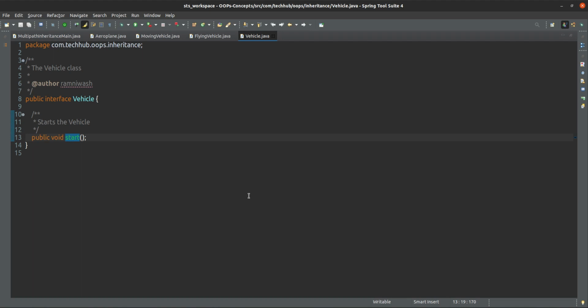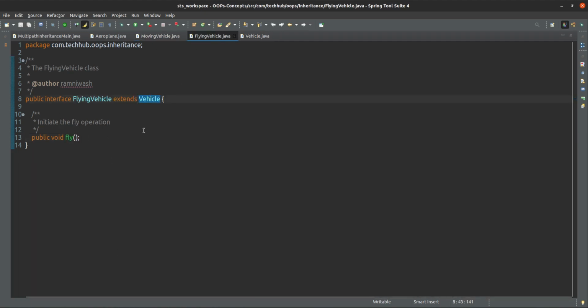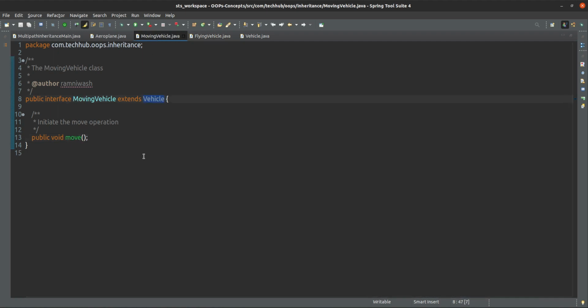Any vehicle has to be started first. Obviously a vehicle has some engine that has to be started. So this is common functionality. Whether it's a moving vehicle or a flying vehicle, it has to start. That's why in moving vehicle and in flying vehicle we are inheriting vehicle. But in flying vehicle one extra feature is there, that is fly, and in moving vehicle one extra feature is there, that is move.